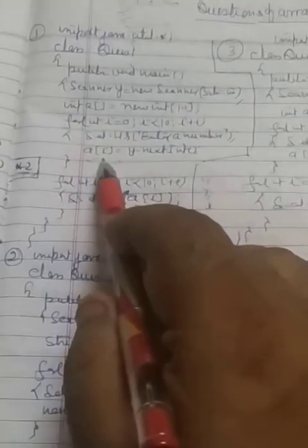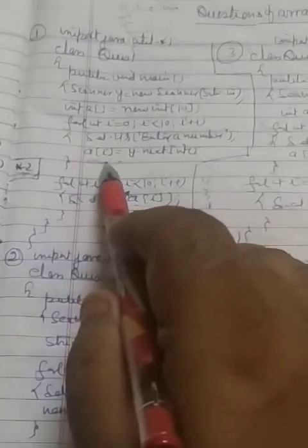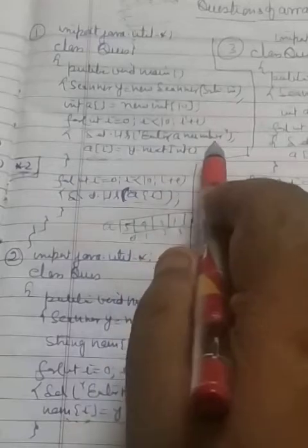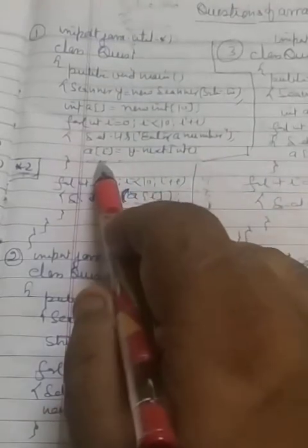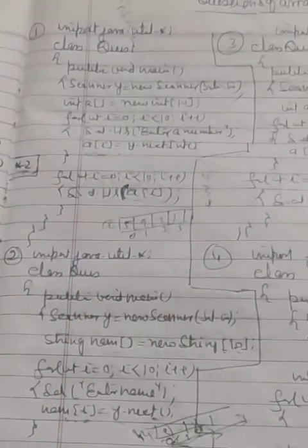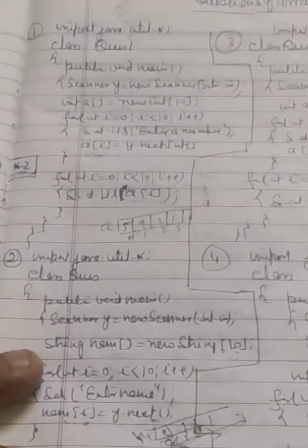As soon as we are entering the number, we can also write the print statement here. But what is going to happen? Every time the computer will ask, enter a number, you'll enter a number, and then the print statement will be there and the value will be printed. So how is the output going to come? Let me tell you with an example. The output will be this way.